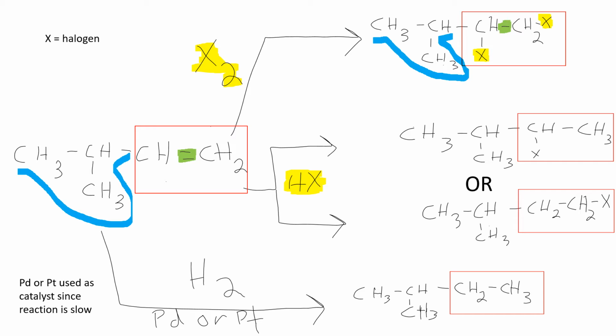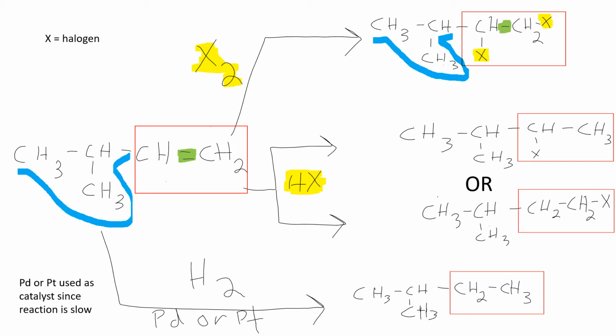This sometimes gets called a hydrohalogenation, because we're adding both hydrogen and a halogen to it. So you may run across that term, hydrohalogenation. Here we have two different options because we're adding two different things, a hydrogen and a halogen. It does matter which one goes in which spot. We would make different products.